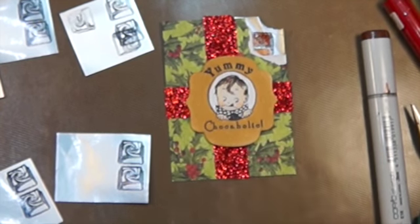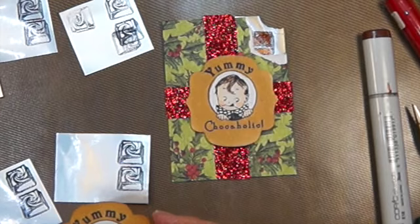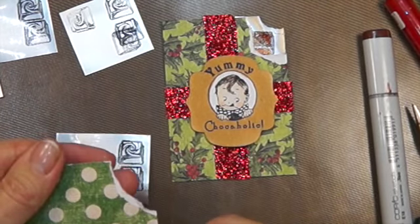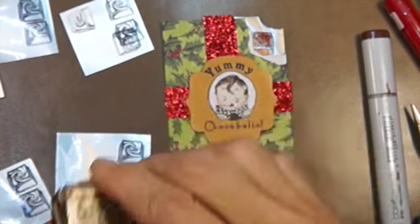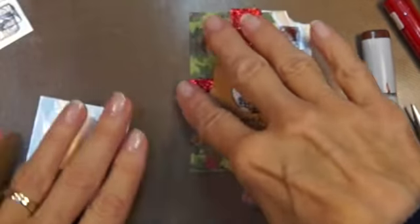Then I took some of the Christmas paper. I cut up all that Christmas paper into 2.5 by 3.5 and made the cards. And then if you look on the desk there, you can see there's some silver paper that I took the chocolate square and cut that. I'm doing a voiceover because I really had this very messed up. So I tore the corner, and then I inked it up with a little bit of vintage photo just to make it look like he ripped into it and got it a little chocolatey. And then that glitter is tape that I got. It doesn't come very big on a roll, but